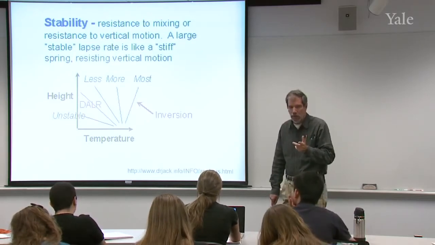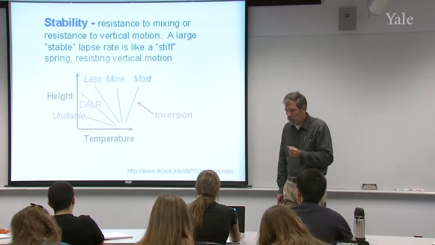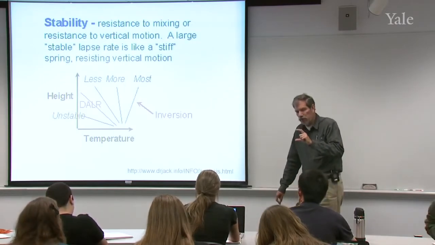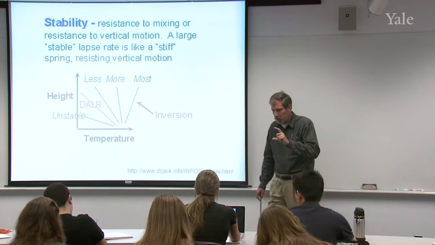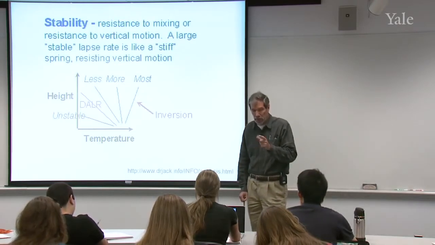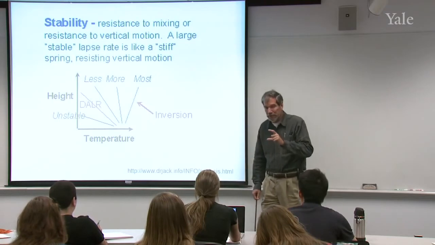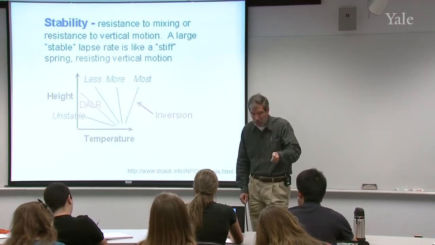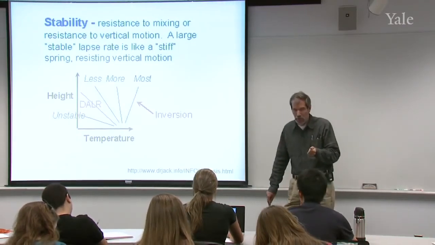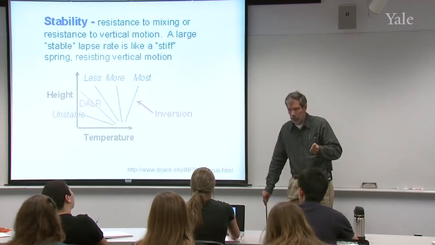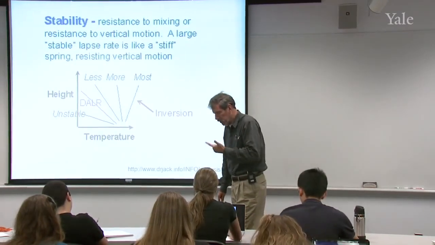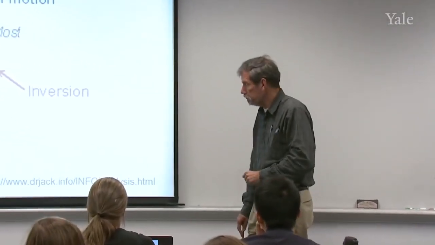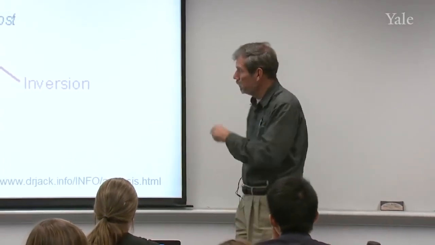Yes? Is the dry adiabatic lapse rate always 9.8? Yes, in the Earth's atmosphere, it's always 9.8. It turns out to be the ratio of the surface gravity, 9.81, to the heat capacity at constant pressure for air, which is 1,004. So as long as we're talking about planet Earth, the adiabatic lapse rate is always 9.8. The dry adiabatic lapse rate. Now, if there is moisture present, then it's a different value. And that's in what units? That would be, 9.8 would be in degrees Celsius per kilometer. Per kilometer. Okay, now I want to apply this